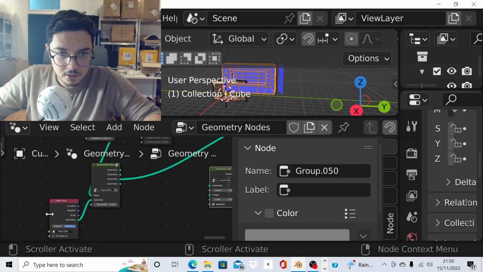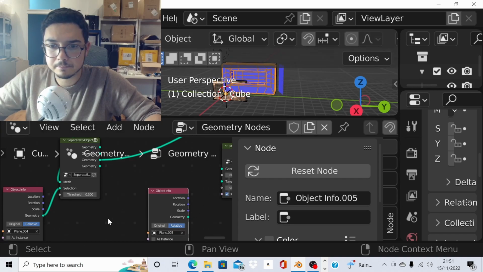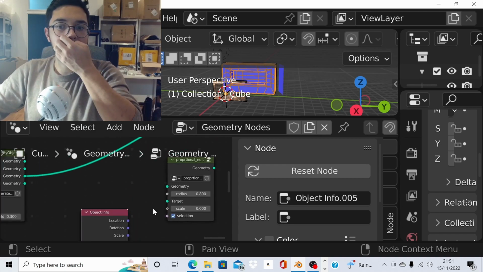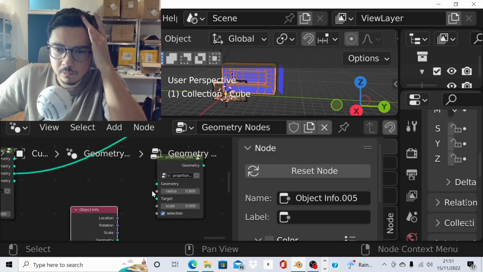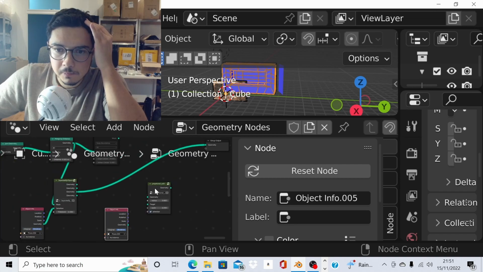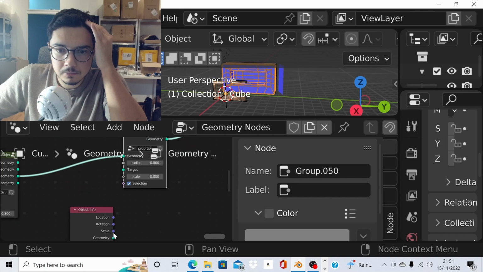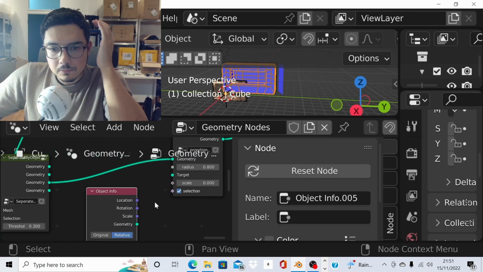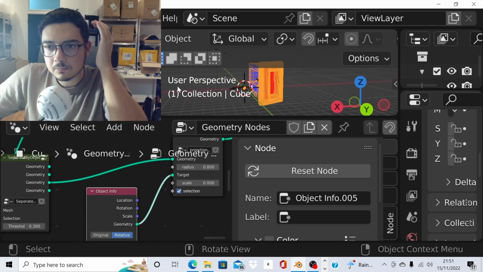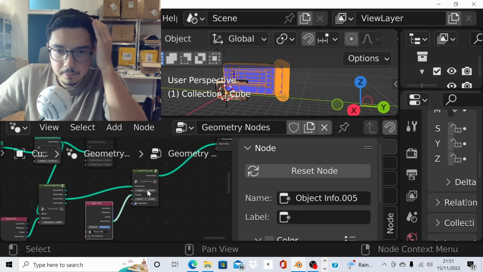So now let's go back here. Let's use the same object info node. I'm not sure what's going on here. Let me reduce the